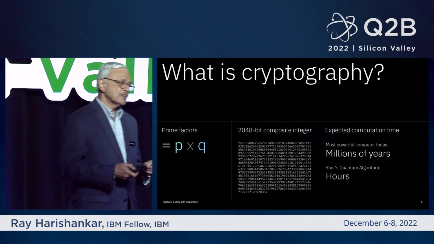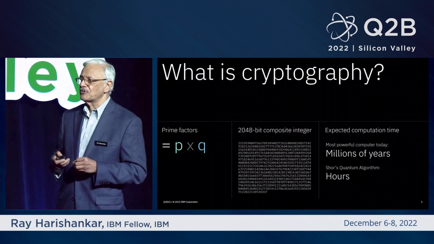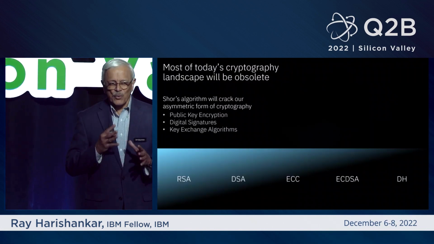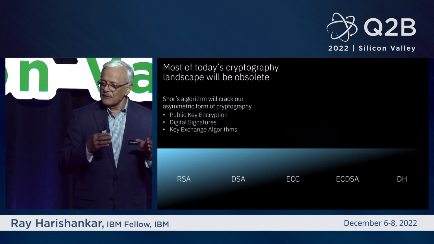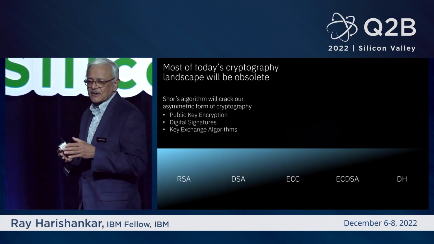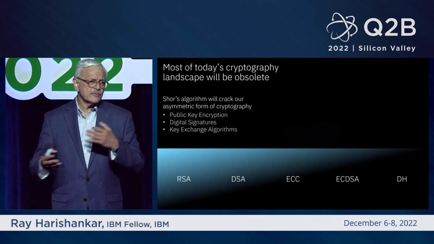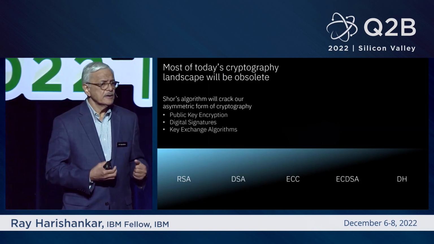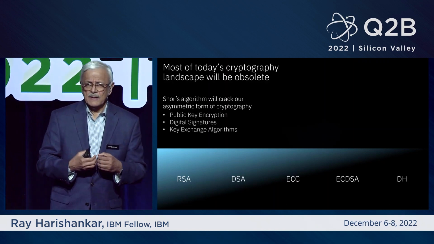So the potential that Shor's algorithm can be applied in the future to break the foundations of cryptography is the challenge here. So you may say, wait a minute, what does that really mean, right? So what you see here is a set of asymmetric cryptography algorithms, right? Whether it is RSA or DSA, the digital signature algorithm, or ECC or Diffie-Hellman, whatever the case happens to be, they're all based on similar types of problems, and they all get broken by Shor's algorithm. So all of the cryptography that you rely on is out the window.